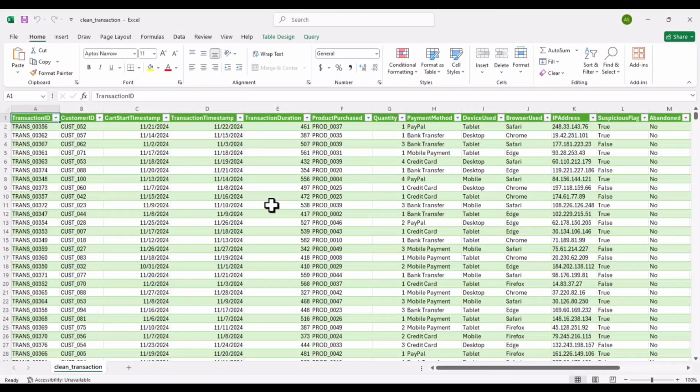In the next video, we shall be looking into importing our data sets into MySQL, and also how to automate new entries in the Excel sheet or the CSV file